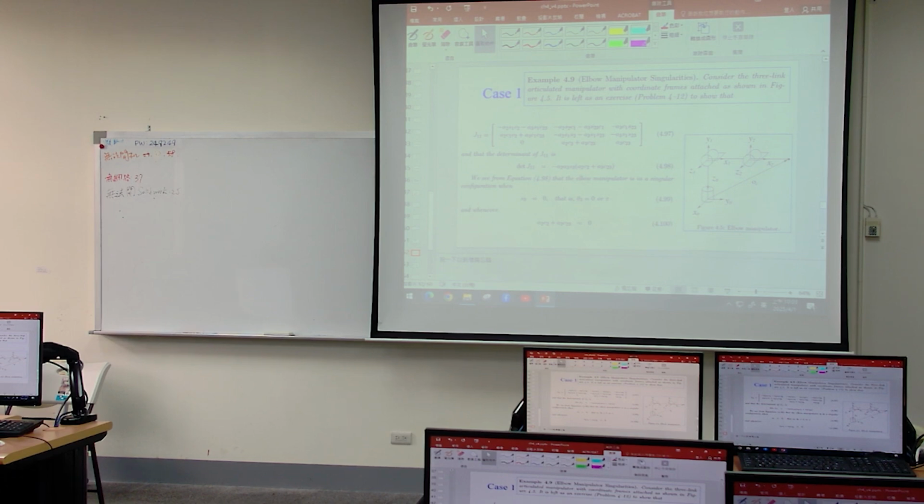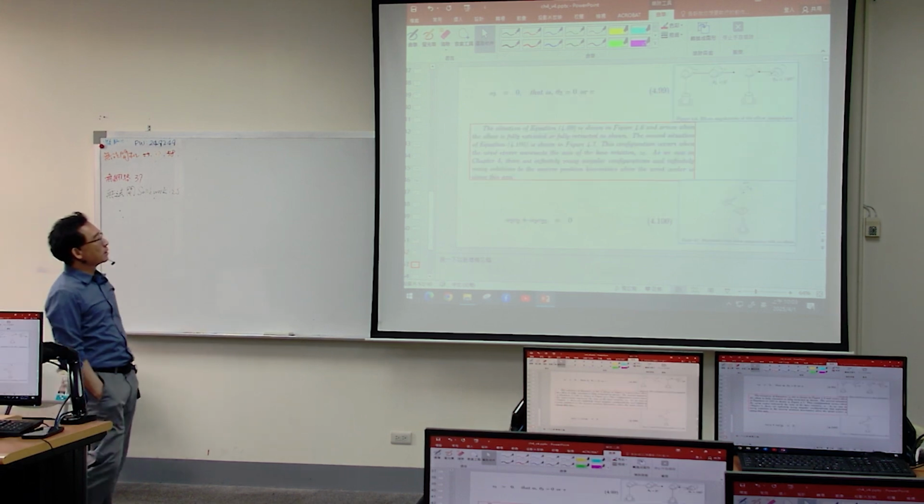Or in the other case, arm 2 is multiplied by C2 and A3. Okay, so either way, I know what's going on. I want to show over here that there are 2 types of singularity. For the first case,